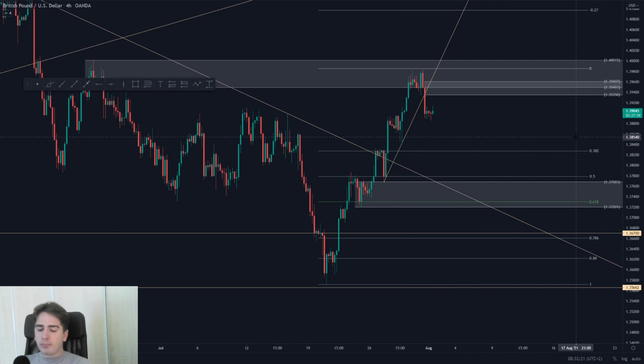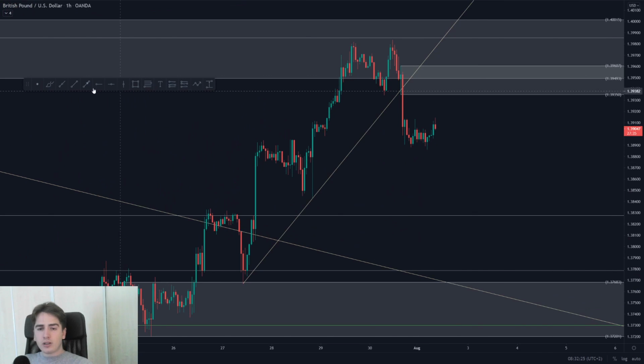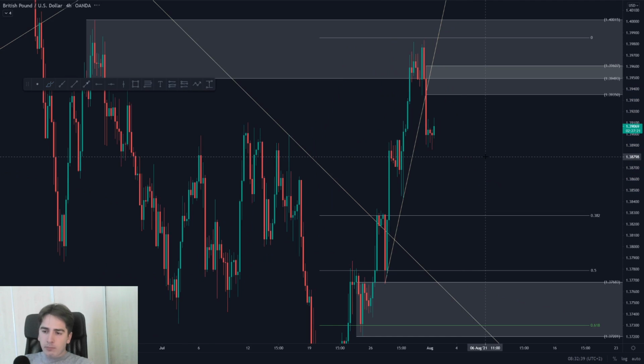But it's going to be a big game between the bulls and the bears. Looking at the 1-hour at the moment, I am expecting a pullback a little bit higher, at least in towards this zone at 1.39350 / 1.39607, from where I will start looking for some shorts further in towards the downside, because I do expect a